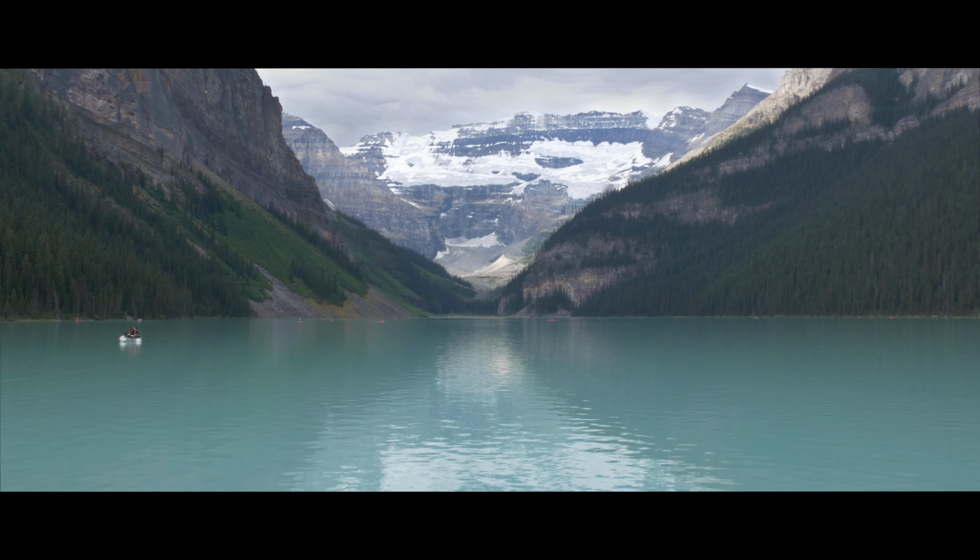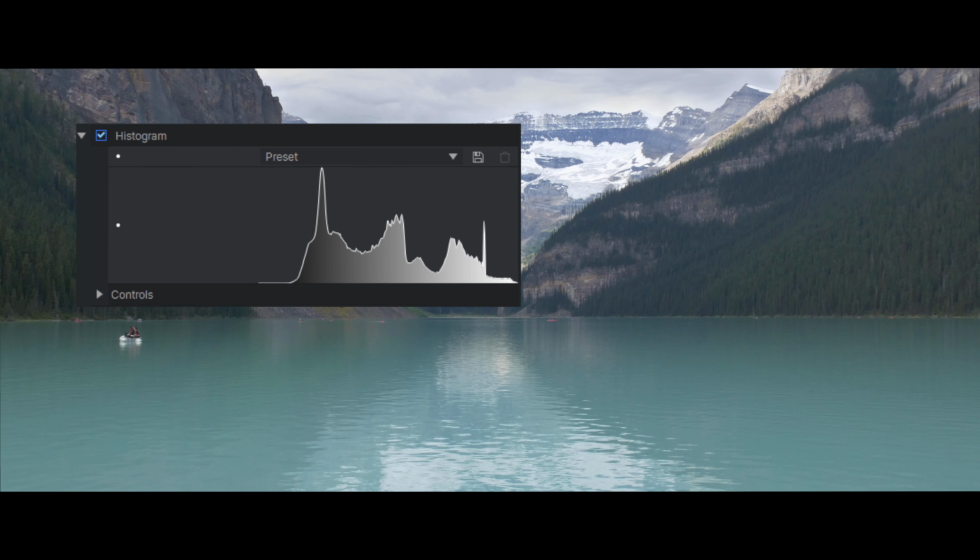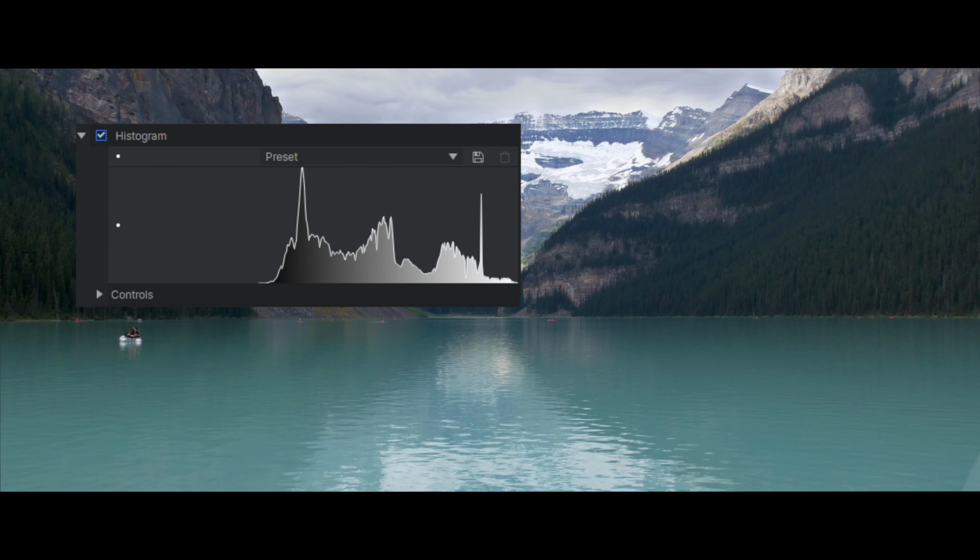Before I fiddle with those settings, I'll add the histogram effect to check my changes. I'll use Crush Blacks and Whites to push the contrast a little bit, keeping an eye on the histogram. You want the peaks of black touching the left side and the peaks of white the other. Of course, this is not a set rule, but it gives you something to work towards. I'll use the Curves effect to lift the midtones a little bit.